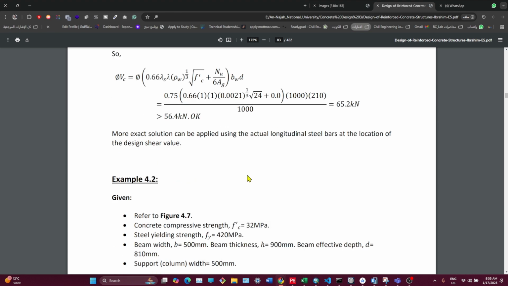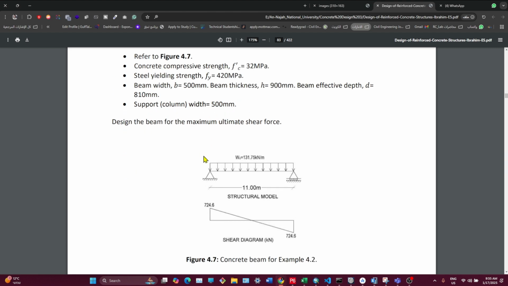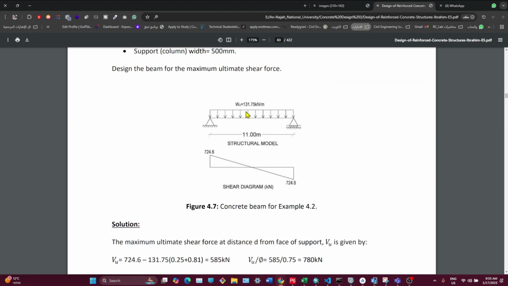Okay. So we will come to another example, and here are the given details. But H now for the beam is 90 centimeter. D would be 10 millimeters. And the support column here, because we have a beam, we need to design a beam for shear. The column will support the beam, right? Yeah. Okay. So simply supported, very simple. W ultimate,